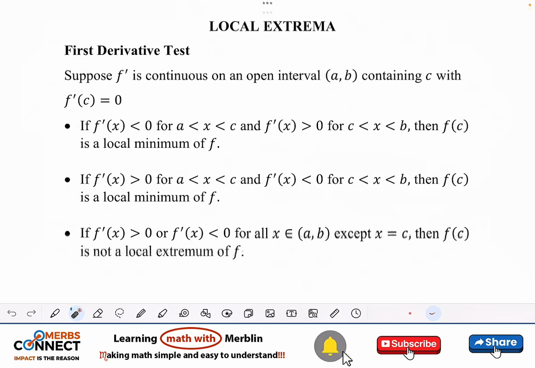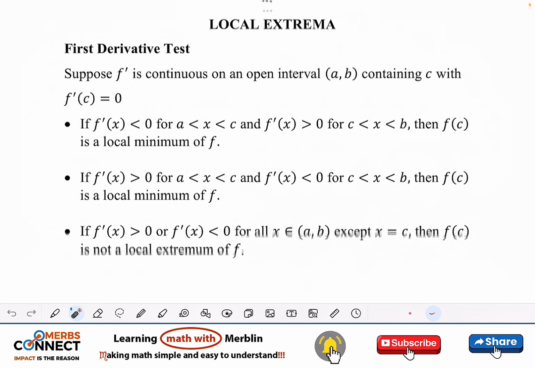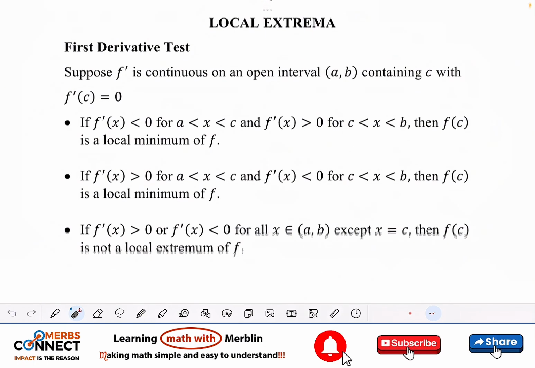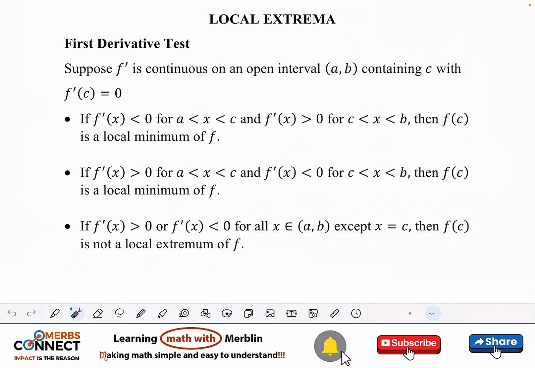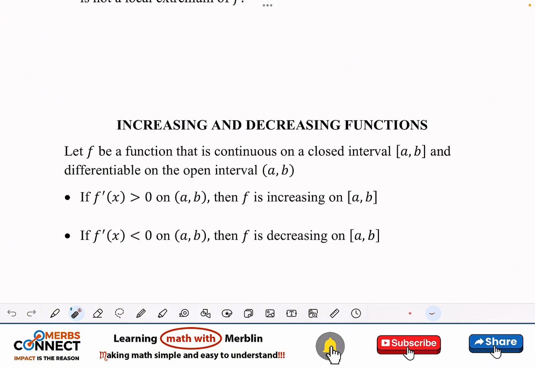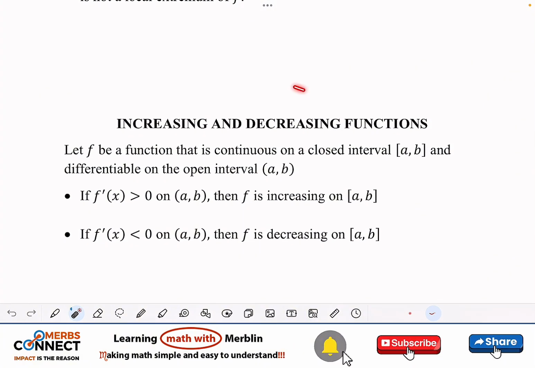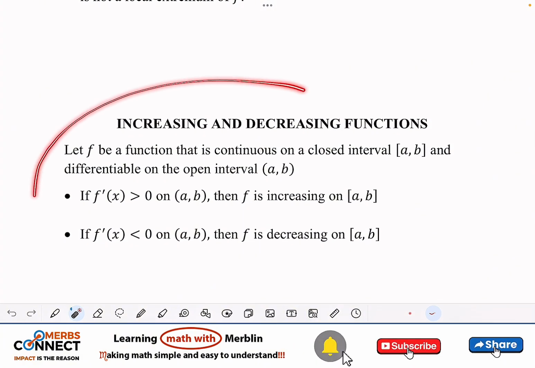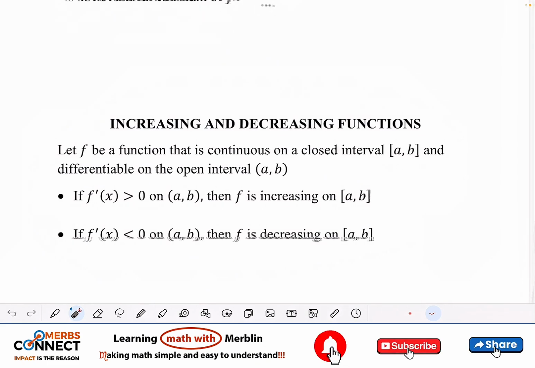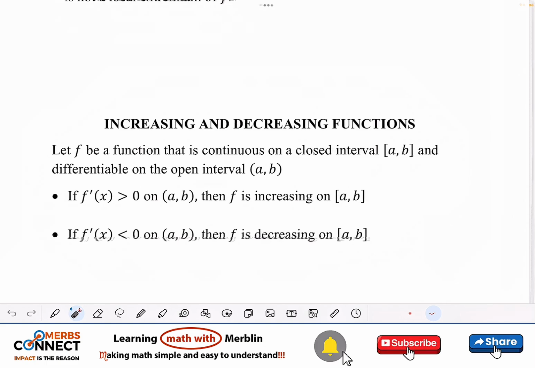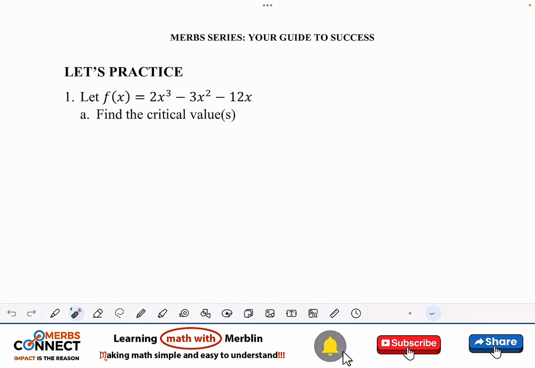I will not talk too much about it, so you can just take a screenshot of this and read through, and then we take an example and show you how you are going to do it. We are also going to talk about increasing and decreasing functions, which is basically the definition here. You can also take screenshots and read through the definition of increasing and decreasing. But I'm going to use an example to explain everything that you need to understand for local extrema, increasing and